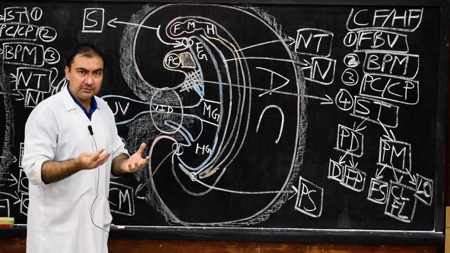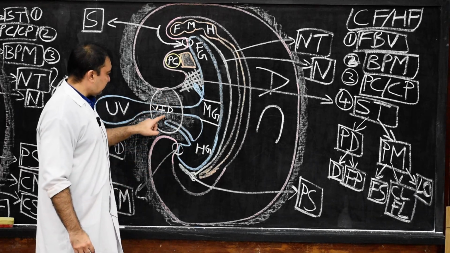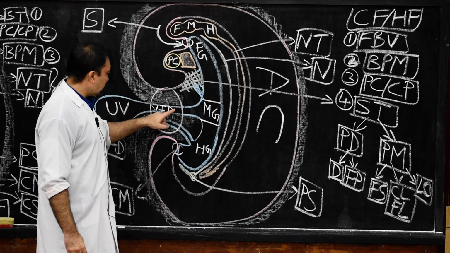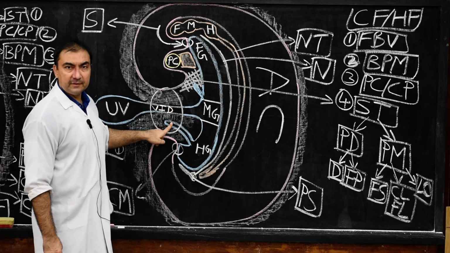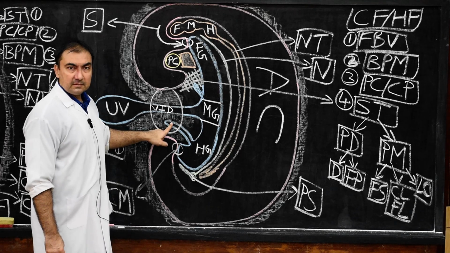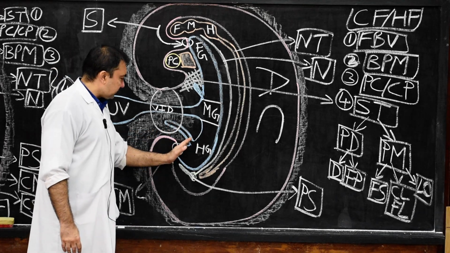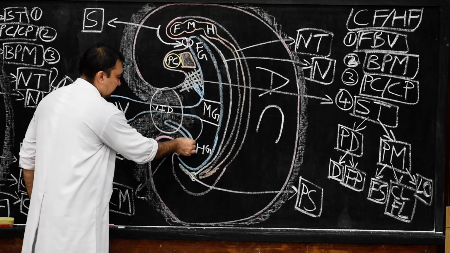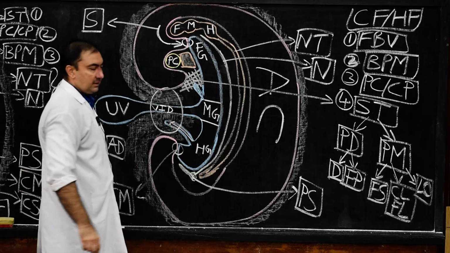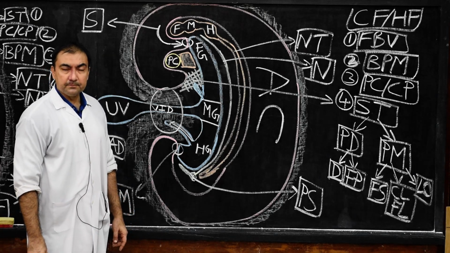What are the constituents of umbilical cord? That is this extraembryonic mesoderm connecting stalk as well as vitellointestinal duct and a part of allantoic diverticulum. Then what is the other structure which is present here in the ventral wall of hind gut? This portion which is known as allantoic diverticulum.